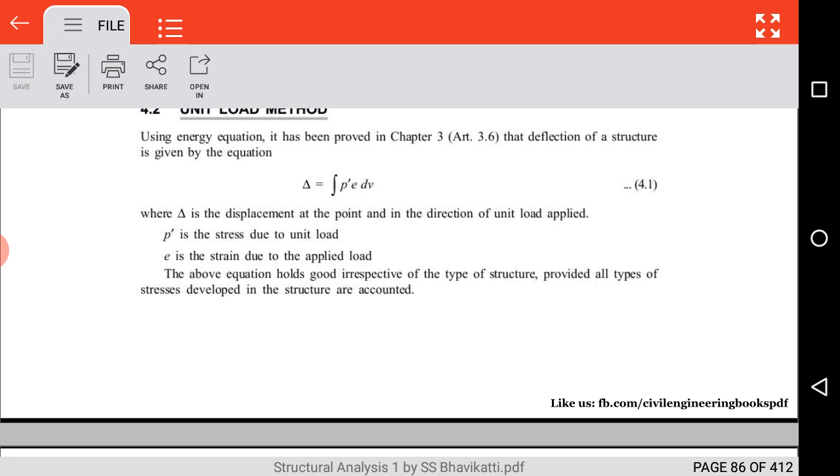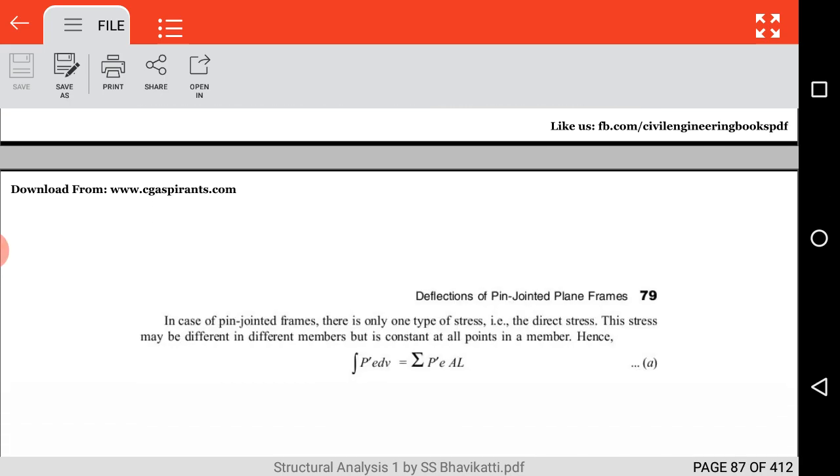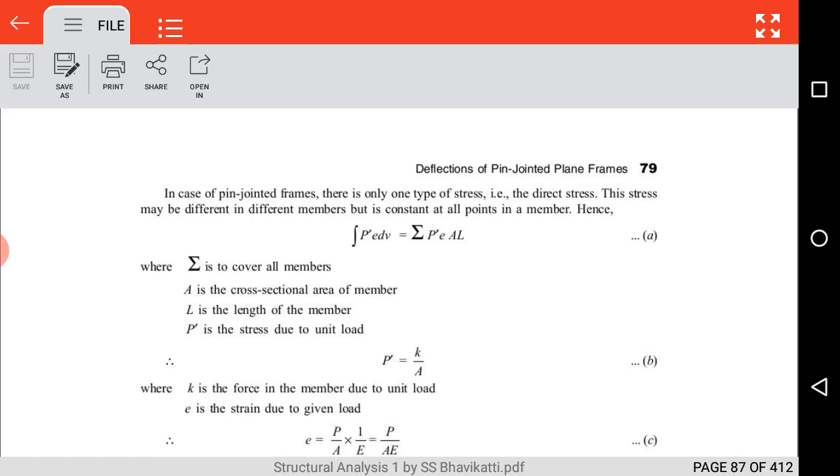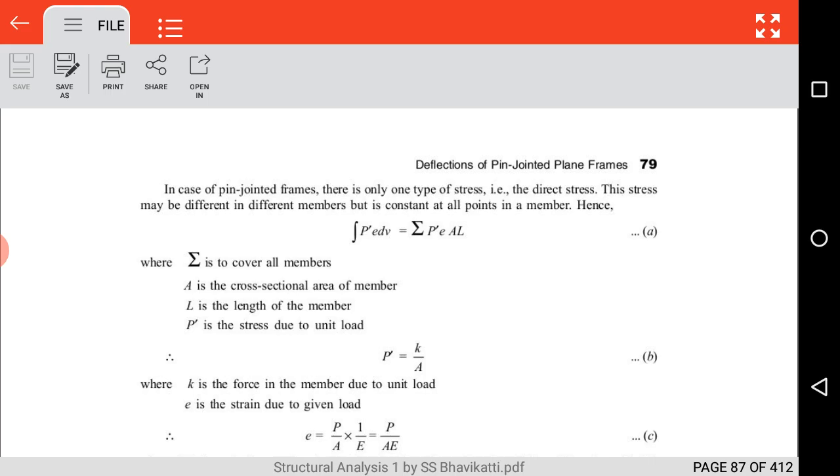So by using this equation we will be applying it for the trusses, and in the case of pin jointed frames there is only one type of stress, that is direct stress, because in the truss members bending moment will not be there, only axial forces will be acting. The axial forces will be either tension or compression forces. So due to the tensile forces or compressive forces, the stresses induced in the member are called the direct stresses,